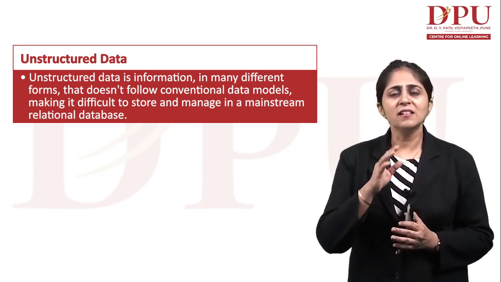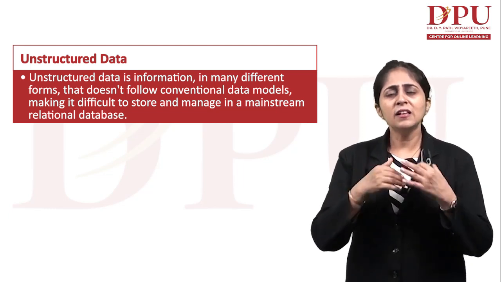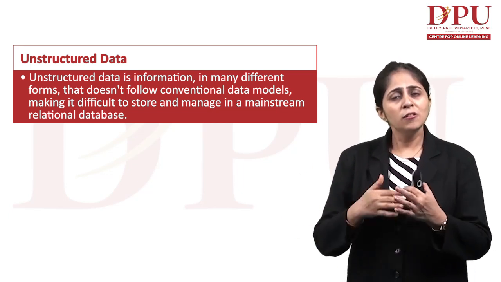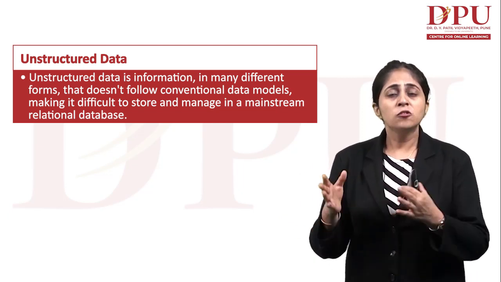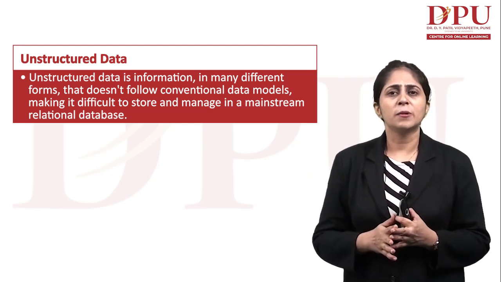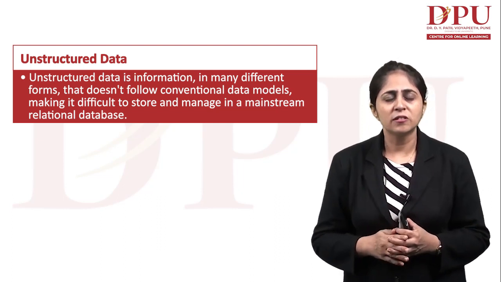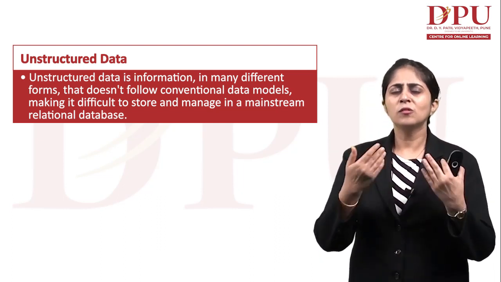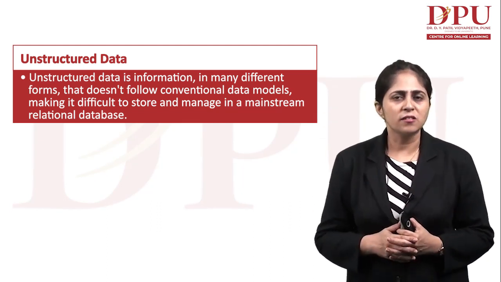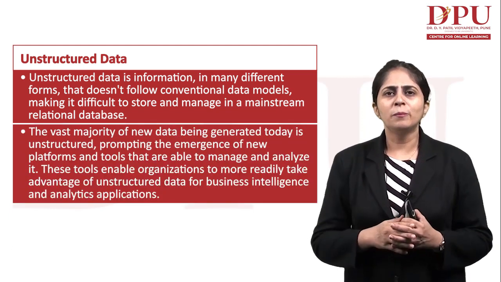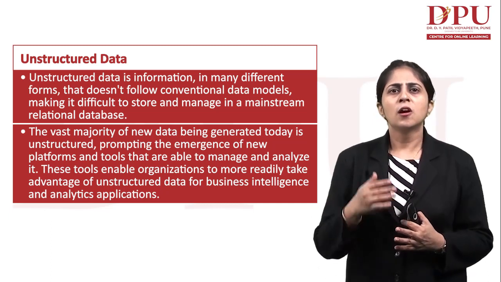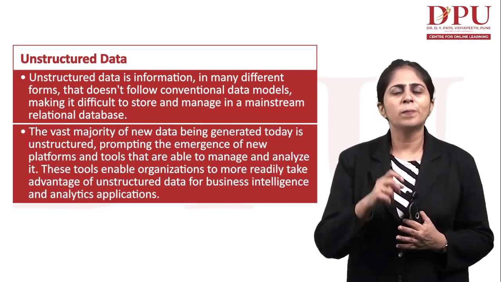Now all this data is unstructured. It is in different forms according to the application, according to the website you're working on. So it is all in different forms, which makes it difficult to store and manage in the mainstream relational database. So that form of data which is in different forms and has no proper structure is known as unstructured data. The vast majority of new data being generated today is unstructured, prompting the emergence of new platforms